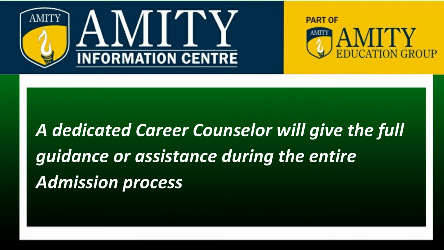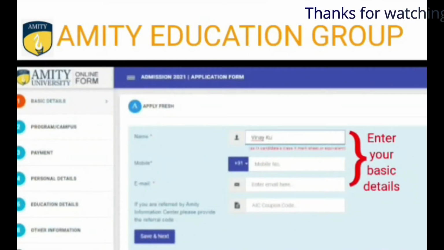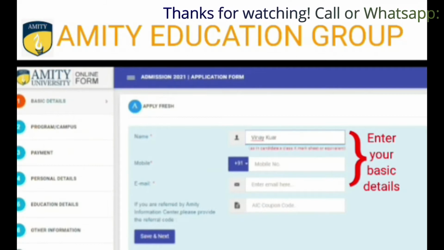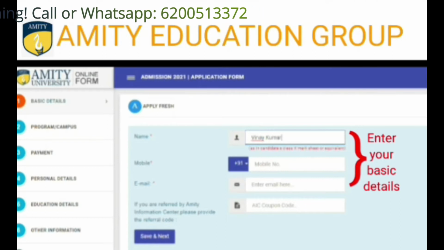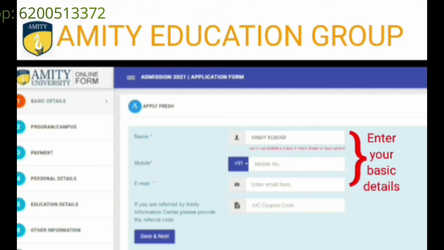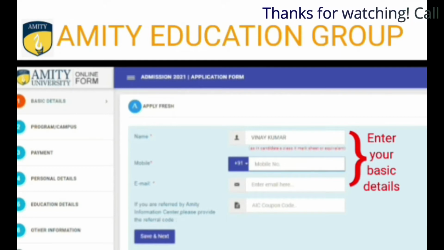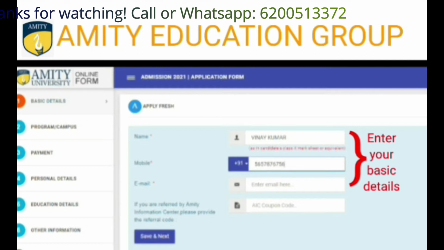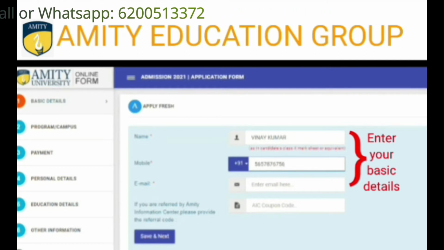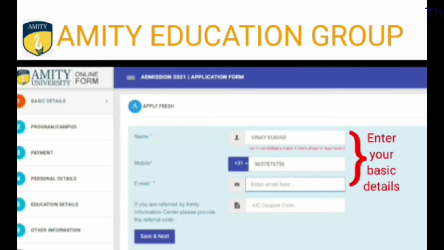Now we will come to know how and where to apply AIC coupon code. For that you need to visit Amity University official website, and there you have to start filling up your basic details, which is the first step of your online application form. First you have to start with your name, your mobile number, your email ID,